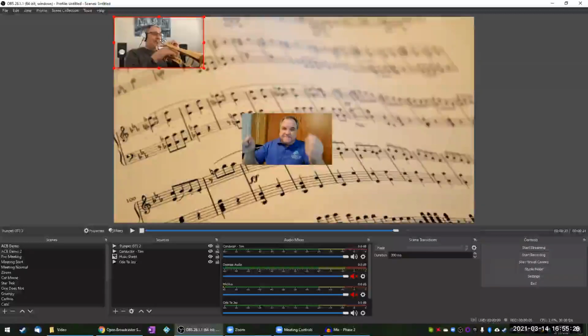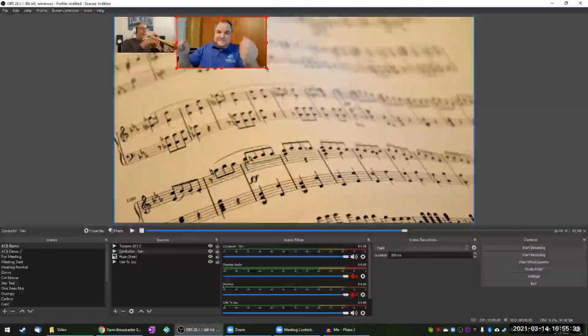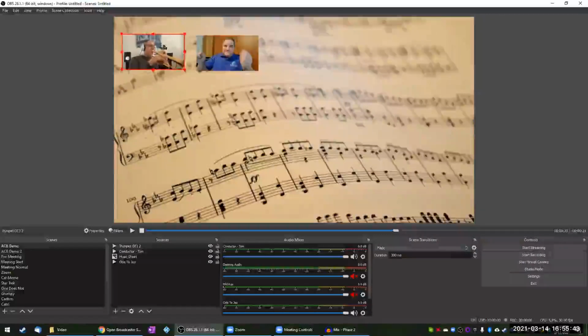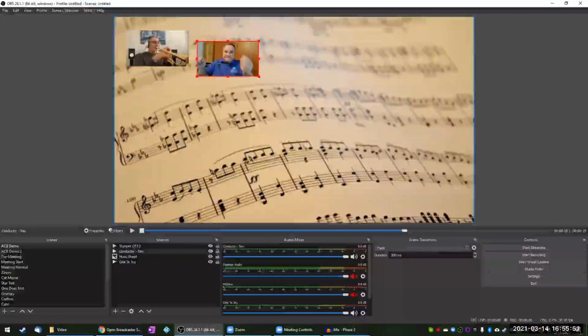But if you do have 30 musicians, you can just grab the corners of these, shrink them down, and they'll kind of snap together and try to get everybody in across the bar. If you have that many, you can fit them. Don't stress about trying to make everything fit perfectly. Leave some space on the edges if you need to, because it's very rare that you're going to have the exact number of videos to fit that whole panel.